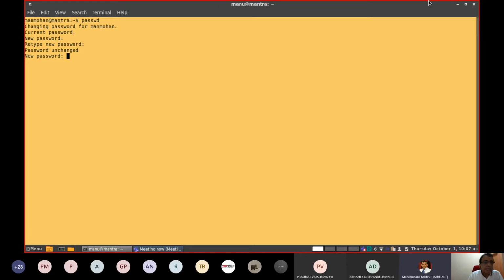So I gave a very simple password to this particular user account because every time I want to log in to do my regular work in the computer, I gave a simple password. Now, in case you want to give a complicated password, assuming that your PC may be accessed by anybody in your absence, then you can give a very good password also. So that's why some computer systems, Linux systems generally, may impose some restrictions on the password.